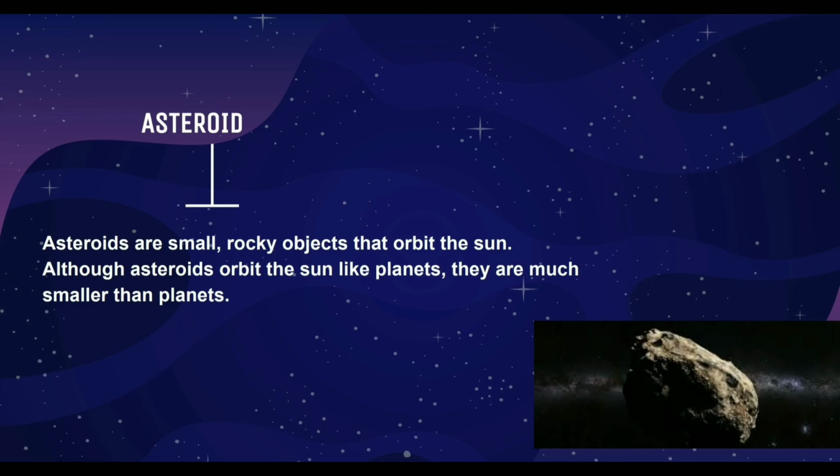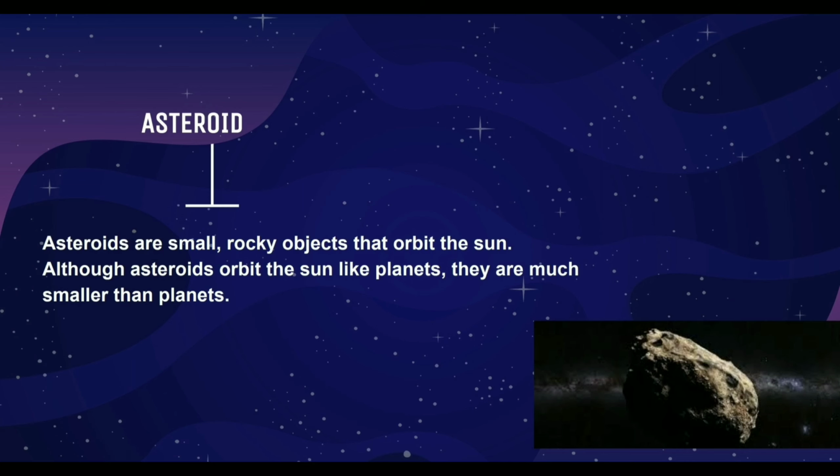So asteroids are small rocky objects that orbit the sun. So these orbit the sun indirectly. Remember, the solar system had objects orbiting it directly and indirectly. So directly we had our planets, dwarf planets, large planets. And now indirectly we have our asteroids, which are just orbiting the sun like planets, but they are very small compared to planets, and they are rocky objects. And also, if one goes through Earth's atmosphere and reaches the surface of not just Earth, but any planet or the moon, it will be known as a meteorite.